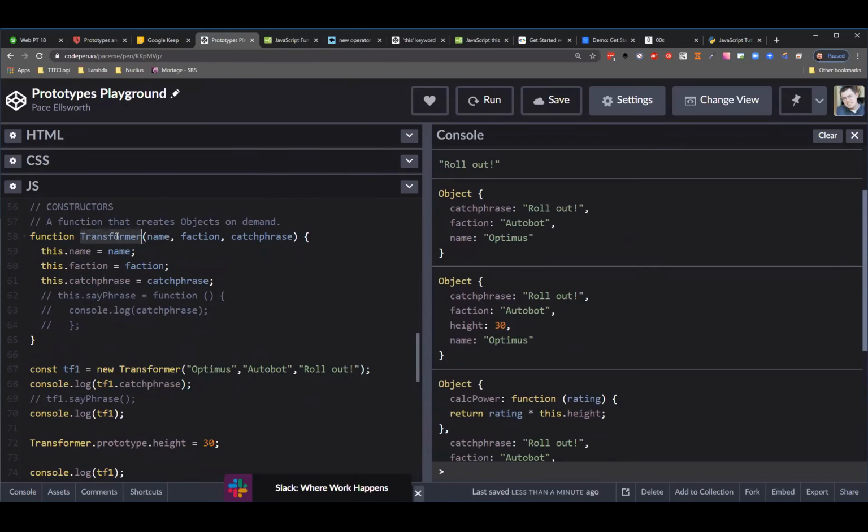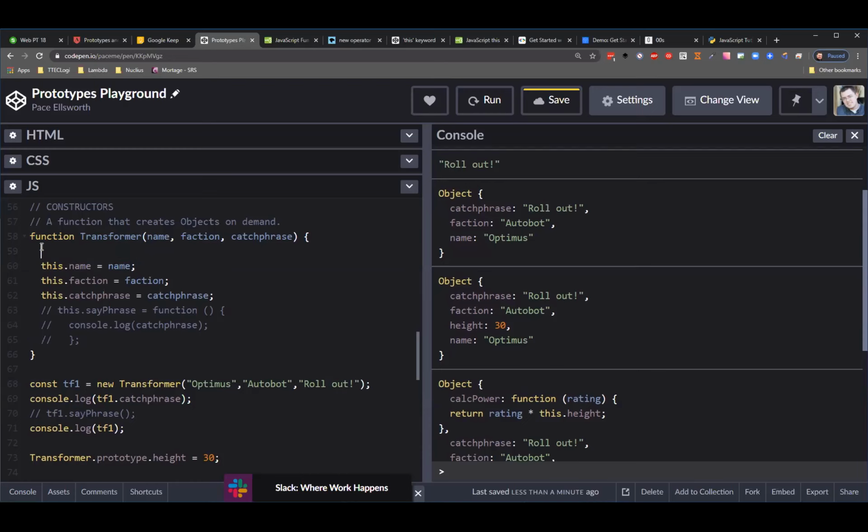Transformers. Okay, so I made a constructor called transformer. This is going to be a factory that makes objects that follow the transformer pattern. Okay, no objects exist yet. All I've done is just like any function, I've just declared a function, that's all. And you could have any amount of code in here. You could have regular code, like const num equals 5 and then do more code. That's totally fine, but